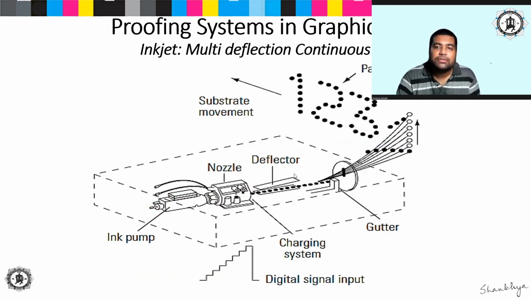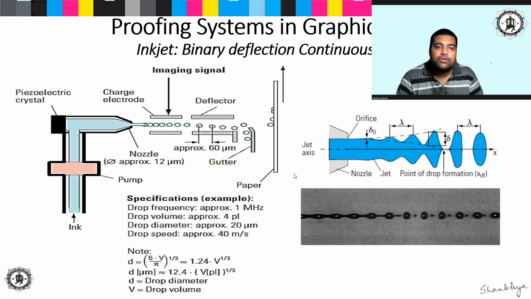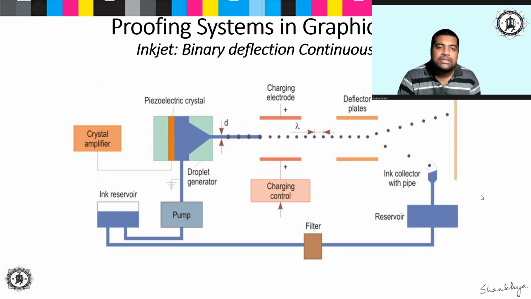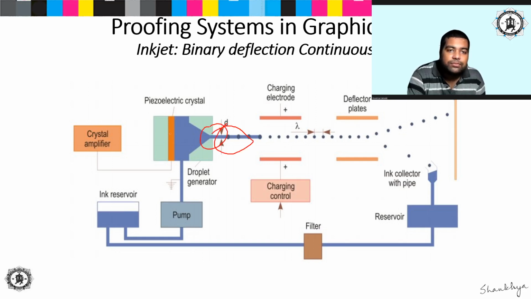So let me show you a picture which will give you a better idea about the continuous inkjet printer. As you can see, this is basically a schematic of a continuous jet inkjet printer. So what is the function of this? The droplet generation head is continuously supplied with ink under pressure by the pump. Okay, and cone shaped nozzles, let me mark this. These are the cone shaped nozzles, which are generating a continuous stream of ink, you can say, right?